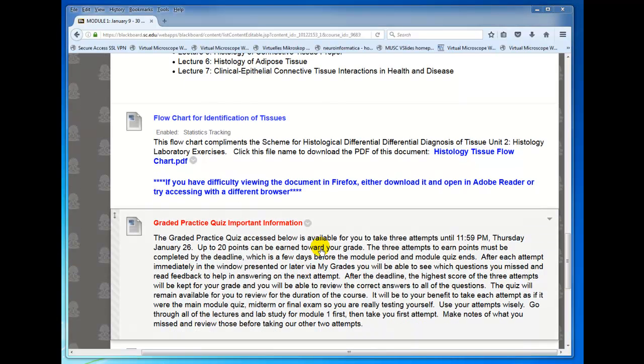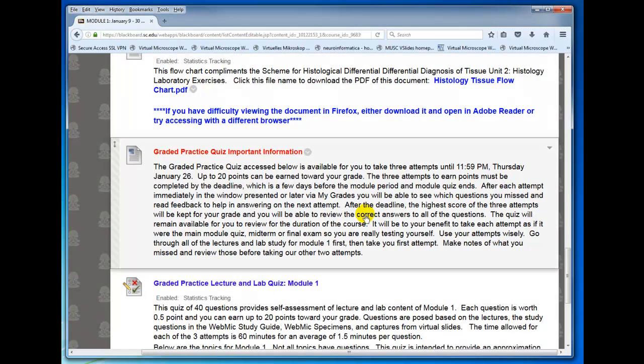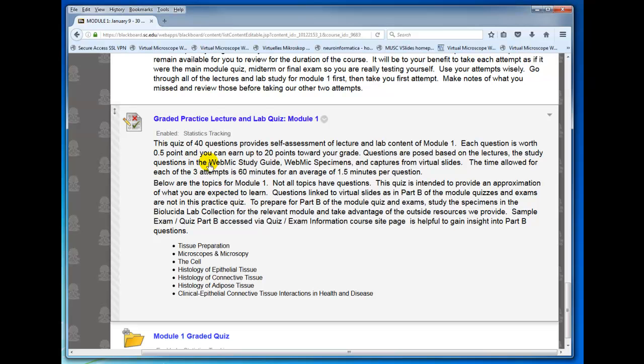So next I want to comment on the graded practice quiz. It's important that you read this information about the quiz very carefully. And in the quiz, I'm going to point out something. I'm going to actually bring the quiz up in my edit mode so that I can point out a couple of things. Because in this quiz, we have tried to include